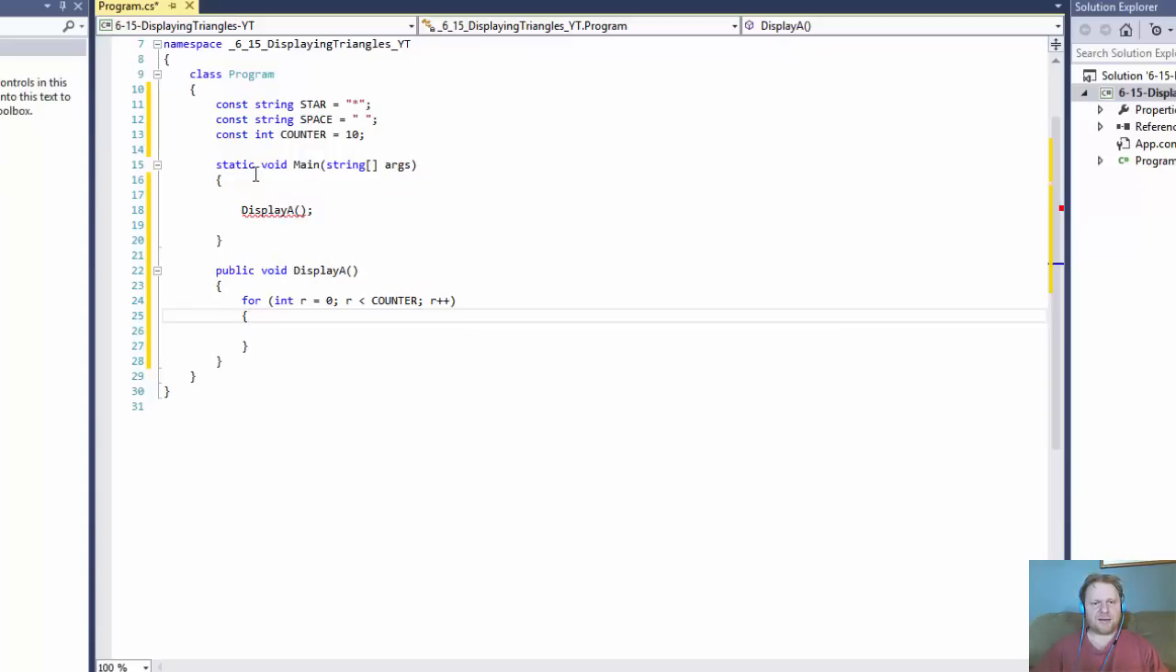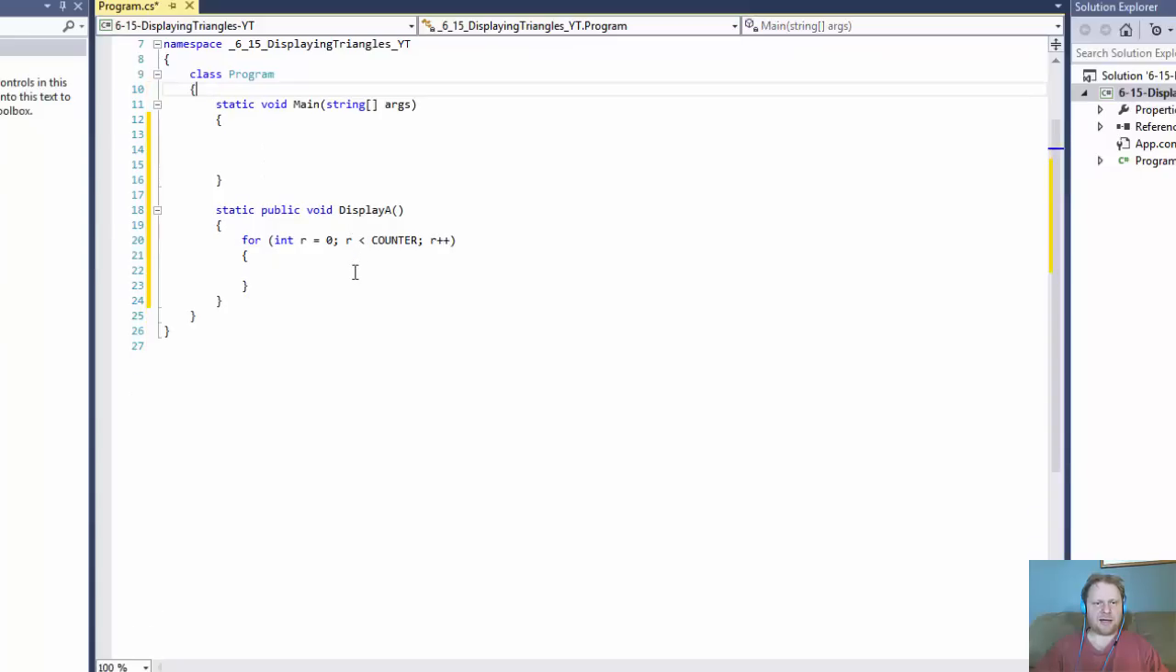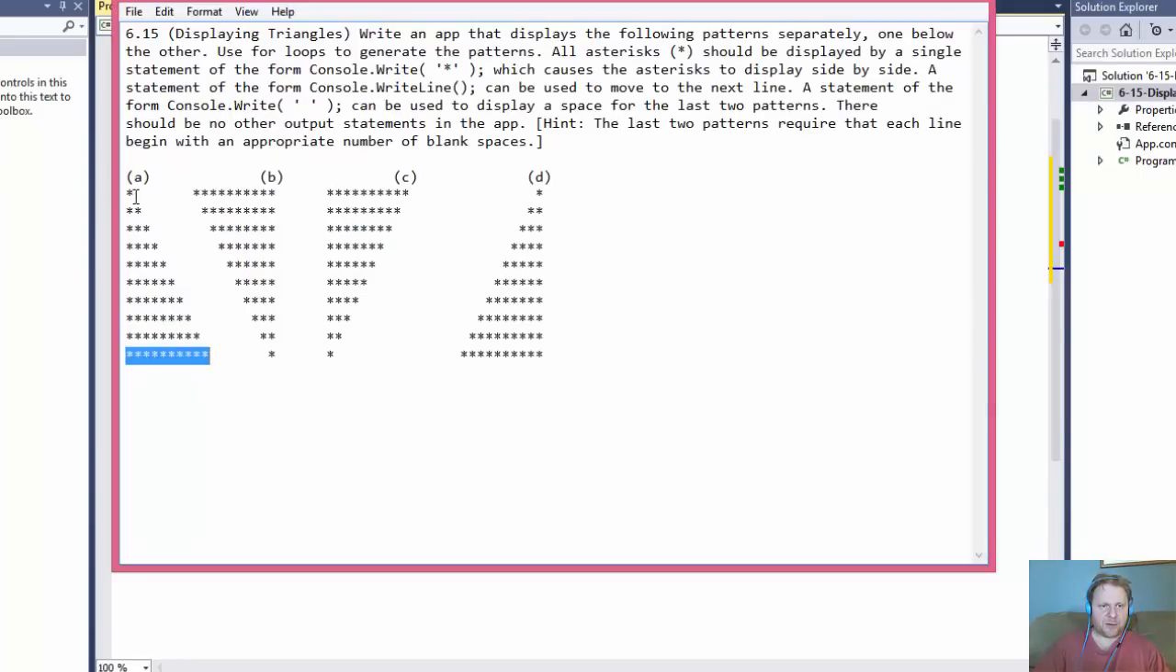Like I said, this is a static method, so all the calls to the other methods have to be static as well. It makes no difference in our case right now. This is not an exercise about that. We could actually do this in a separate class, but let's just concentrate on making the patterns. All right,